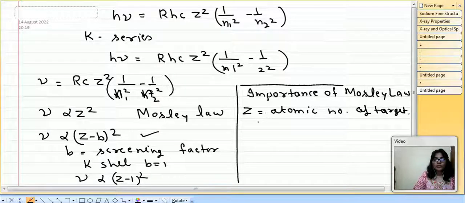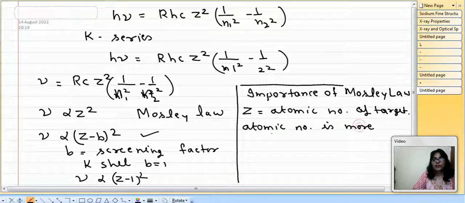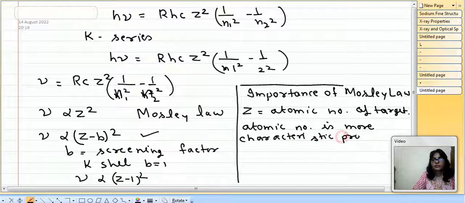So the importance is that atomic number is a more accurate representation, a more characteristic property, in comparison to